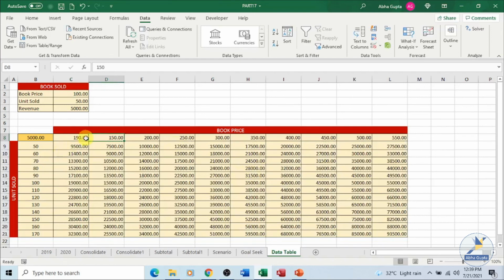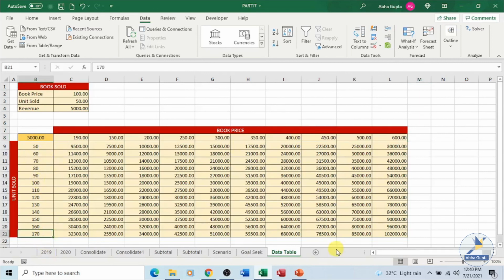See, we have made changes in the book price over here, or if we make changes over here, let me make it 600. Immediately the changes will be reflected. So you can make changes over here.